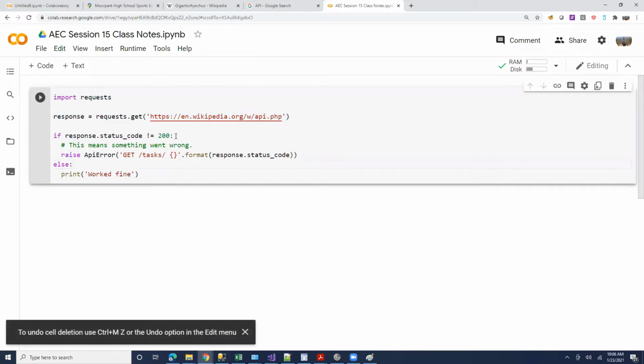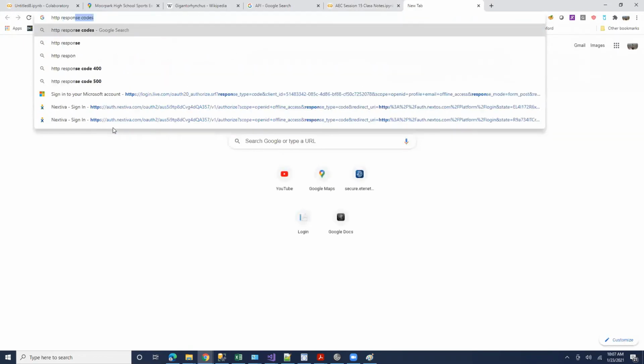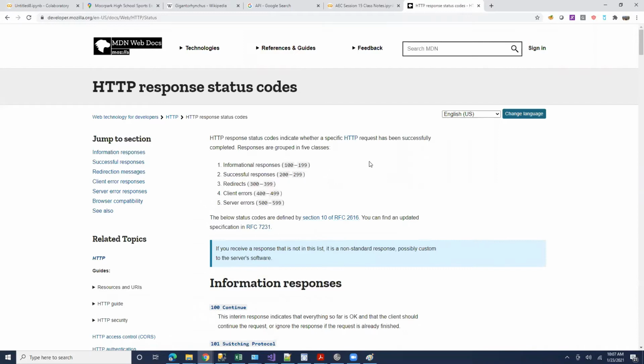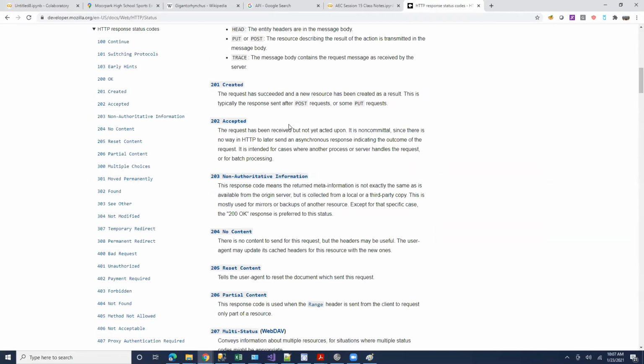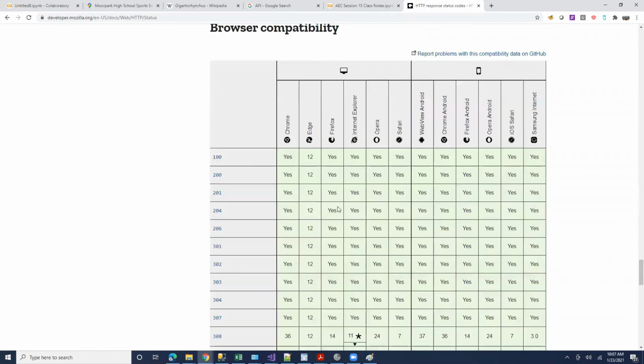Okay, so I'm not doing anything. I'm just saying status codes are basically, as I mentioned, whenever you're trying to make HTTP requests and get responses, there is always a response, and those responses have some status codes. So if you make a request, you get a response. That response has a status code which are fixed numbers. So you can actually look at HTTP response status codes, and there are lots of them, and they have specific meanings. If you are interested in this, you can look at these, right? So each of these things means something. So there are a lot of these responses, and there is some meaning associated with them.